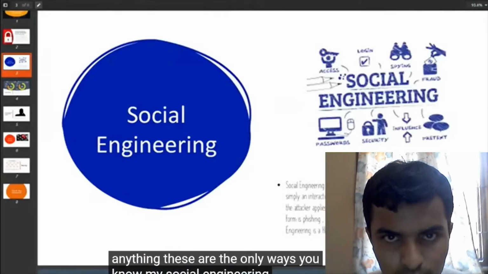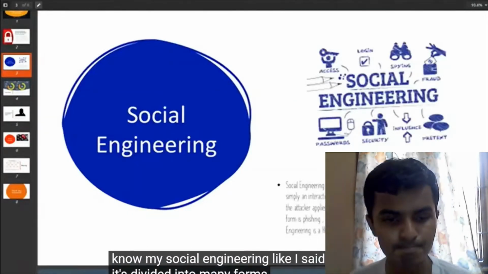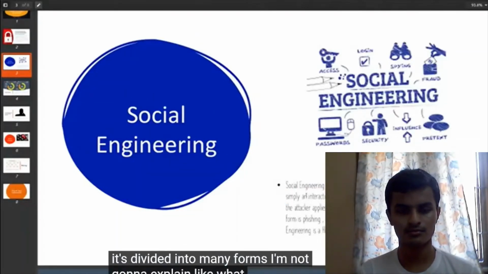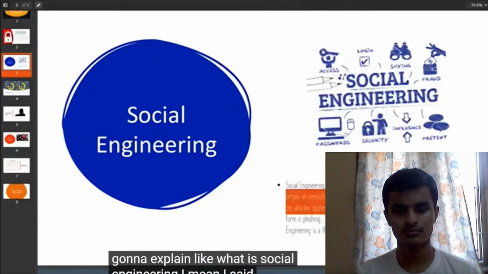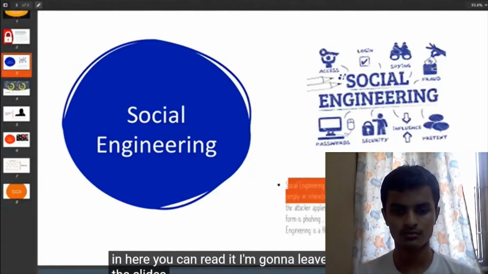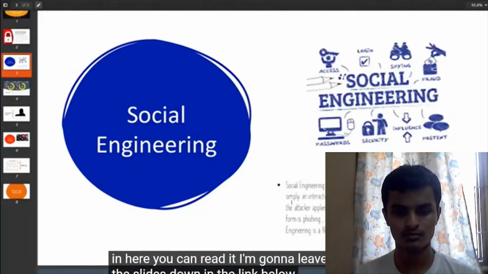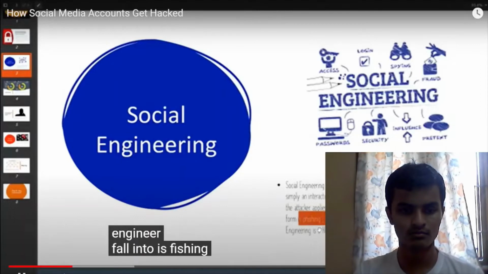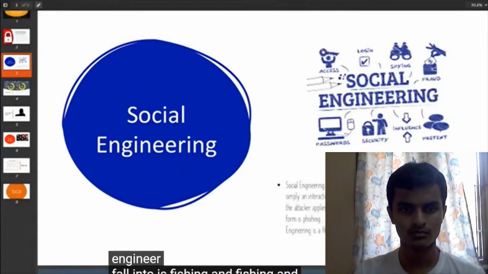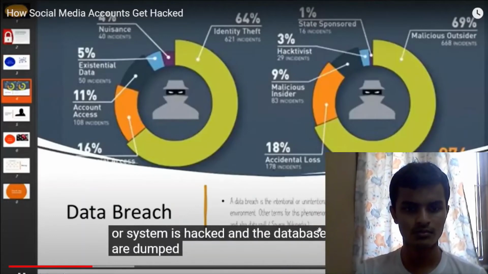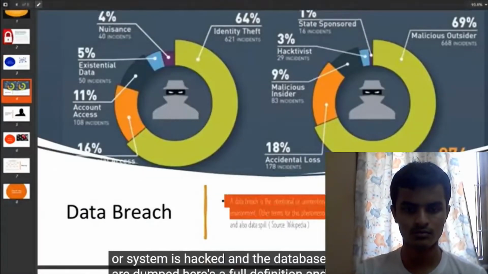Alright, social engineering, like I said, is divided into many forms. I'm not gonna explain like what is social engineering. I said the definition in here. You can read it. I'm gonna leave the slides down in the link below. Fall into is phishing and impersonate someone by databases are dumped. Here's a full definition. I'm gonna